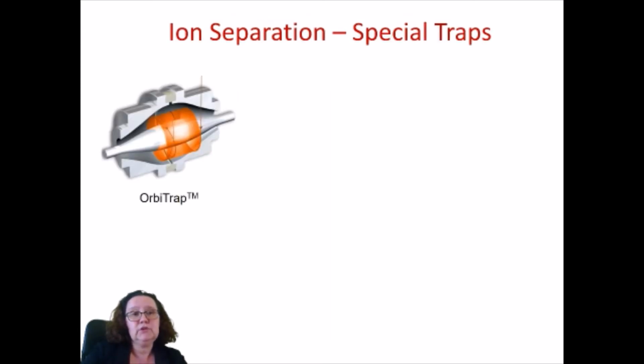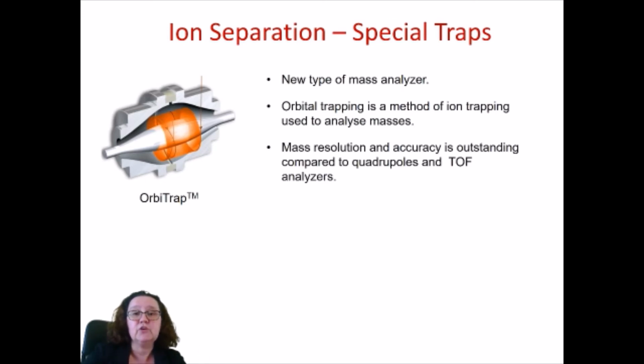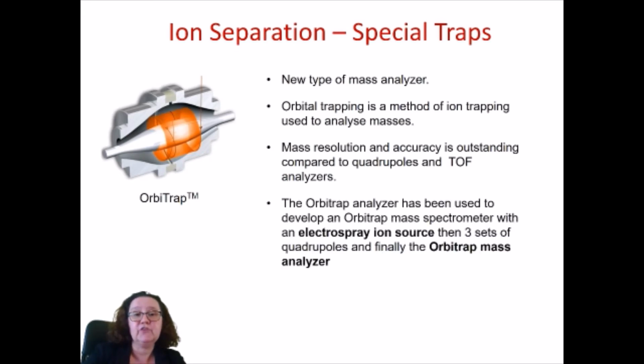There are also newer or more modern types of traps. For example, the Orbitrap, which is a relatively new type of mass analyzer, and it's just another way of trapping the ions to then be released and detected by your detector. It is also reflected in the price, but their accuracy and mass resolution is much higher compared with time of flight and quadrupole analyzers, and it uses an electrospray ion source and 3 sets of quadrupoles, and then this Orbitrap